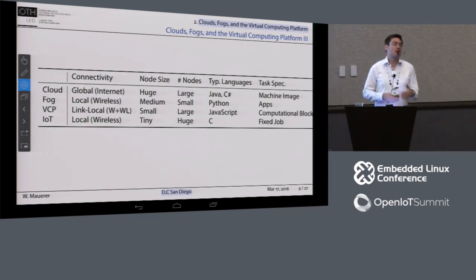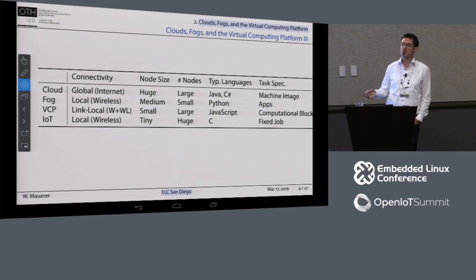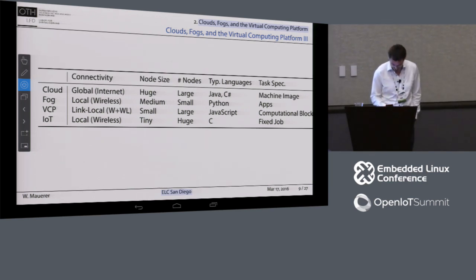Good, so the nice thing about this classification is that it maps fairly well also to the type of connectivity that the systems usually have. So if you consider these very small systems, these systems from 1 to 5 watts,